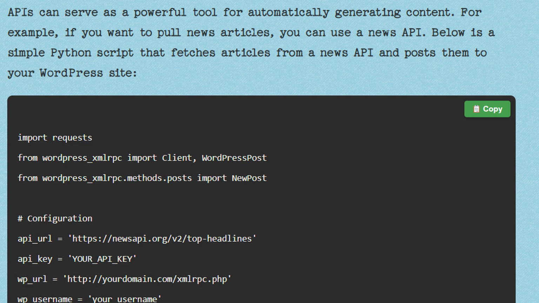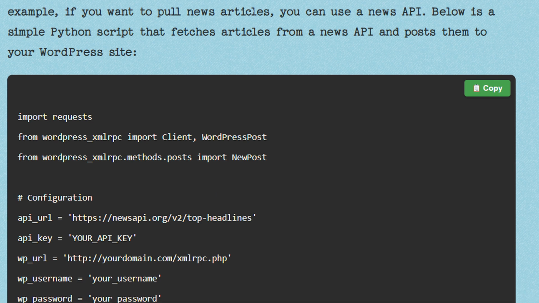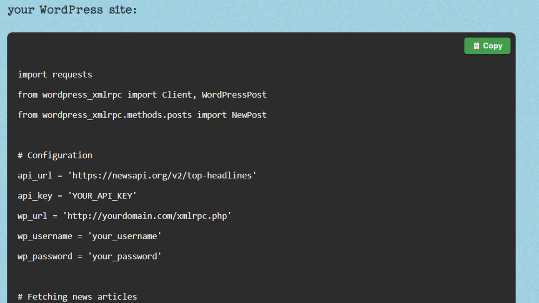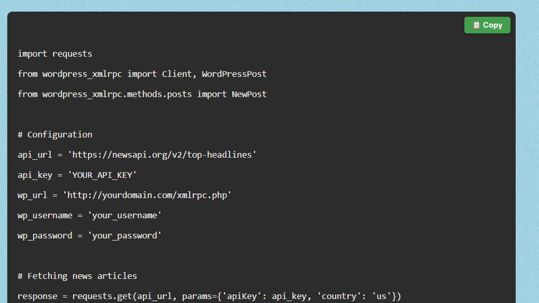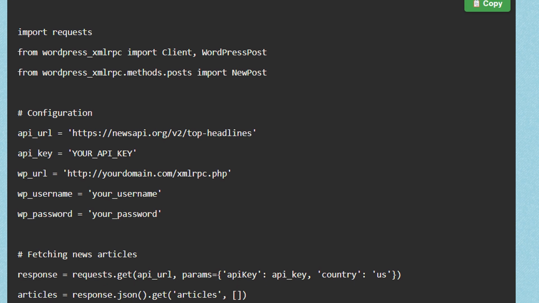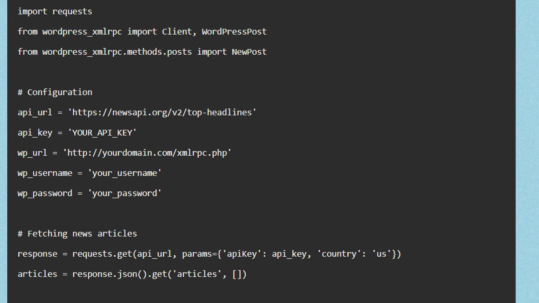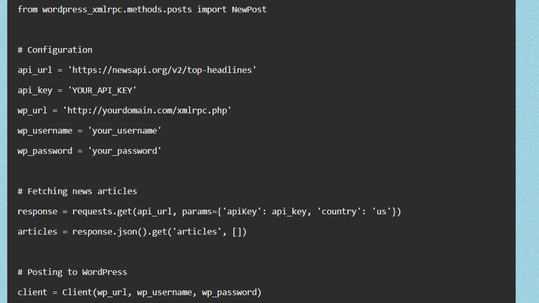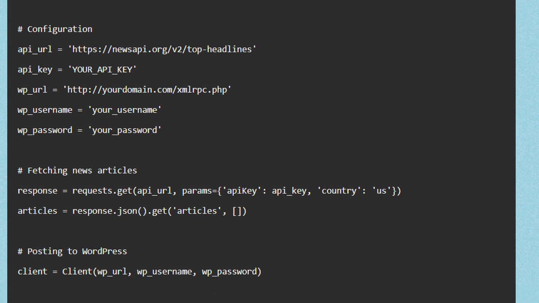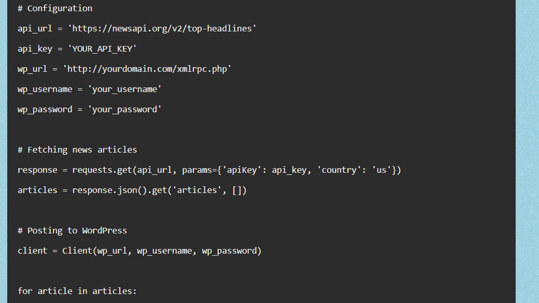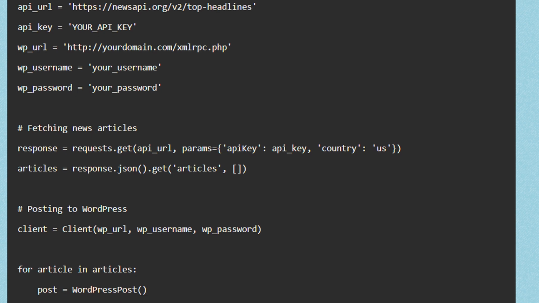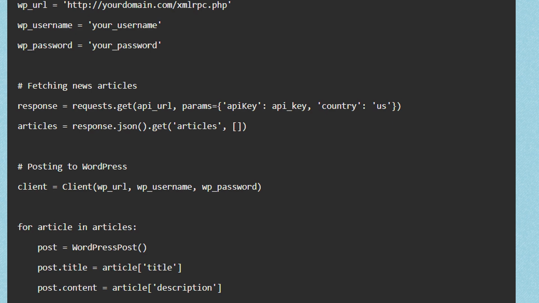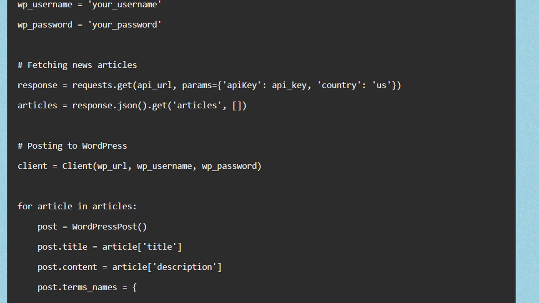import requests from wordpress_xml_rpc import Client, WordPressPost from wordpress_xml_rpc.methods.posts import NewPost. # Configuration: API_URL equals https://newsapi.org/v2/top-headlines, API_KEY equals your_api_key, WP_URL equals http://yourdomain.com/xmlrpc.php, WP_USERNAME equals your_username, WP_PASSWORD equals your_password. # Fetching news articles: response equals requests.get(API_URL, params equals apiKey: API_KEY,